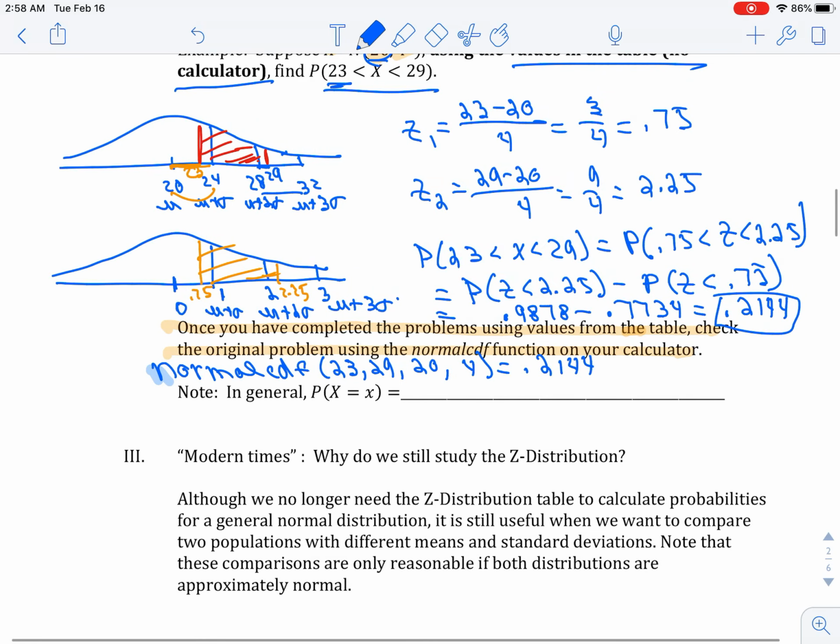Okay, then the next piece is just a general statement, and this should say, by the way, that the probability that x is less than little x is the same as the probability that z is less than our transformed value, x minus mu divided by sigma. And we'll stop there and we'll do one last